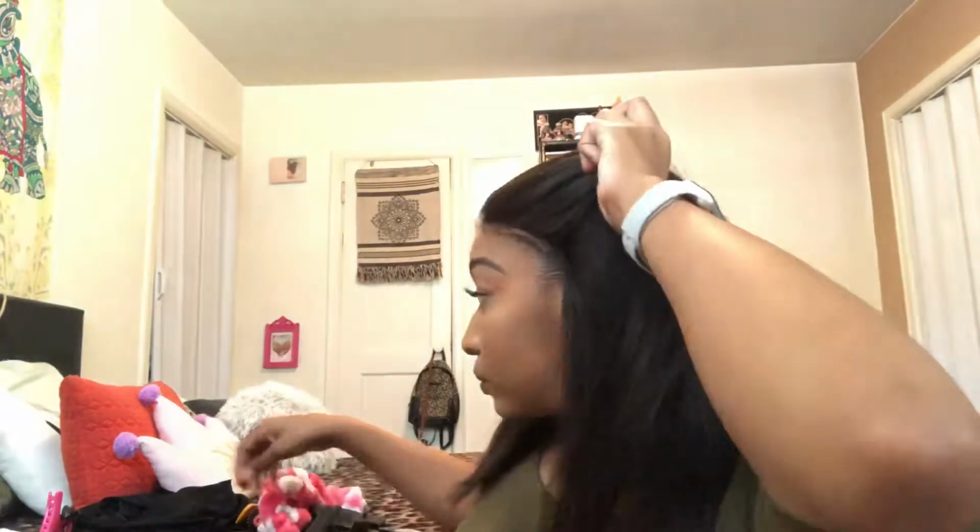Like I said, I've bleached the knots on it, so it looks very natural. And like I said, it's really thin. And then it has lace in the back, so you can do like a half up, half down, or a ponytail, or just have it up in the back for some reason. If you were doing like braids or something and you could see it, I guess that's what they had that lace back there for. So I'm gonna peel it back, and right there